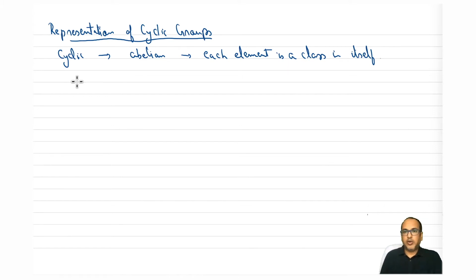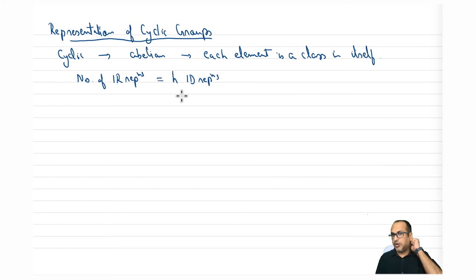Okay. So also we will see that the number of IR representations is equal to h 1D representations, where h is the order of the group, right? So that is clear. So now let's take an example of why this great orthogonality theorem cannot be used